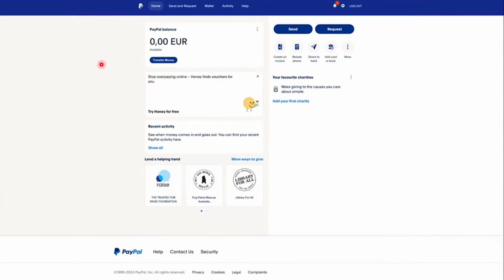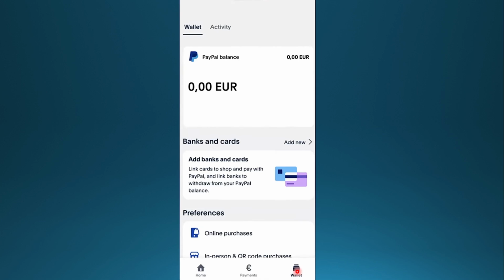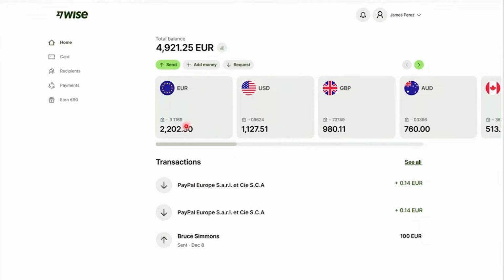So for example, for web, you come here on the right hand panel, you can click add card or bank. Or if you are on the app, you come at the bottom right, click on wallet, and then from here, you click on add new. So banks and cards, you add new, and you basically just go ahead and add your account details from Wise,